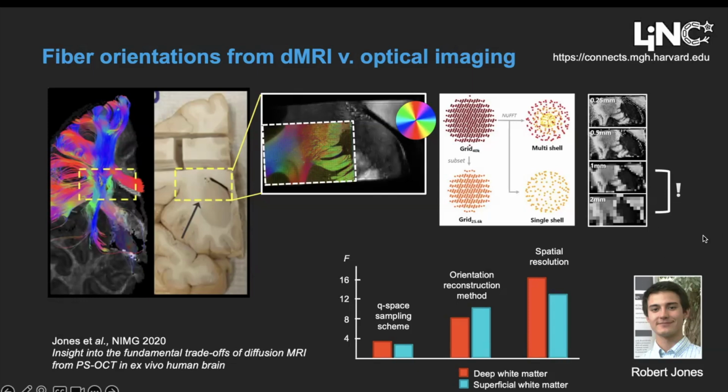And a bit echoing the results that we had seen from the tracer injection studies in the macaque, Robert found that actually the areas that were trickiest,